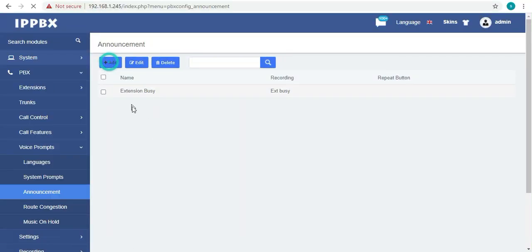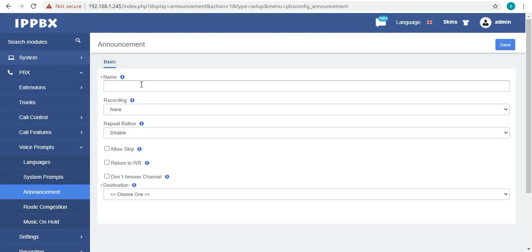So now we will create the rest of the announcement profiles also. Here we have to create 4 more announcement profiles, because we have 4 departments, so we need to create 4 announcements.